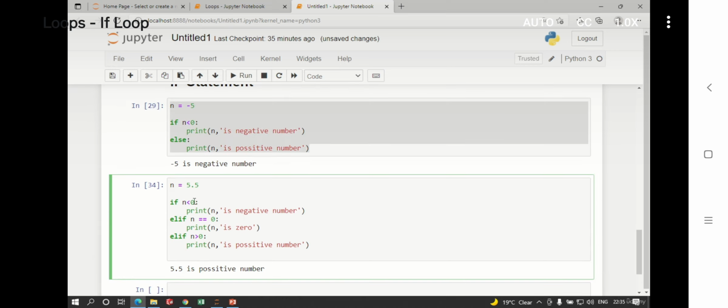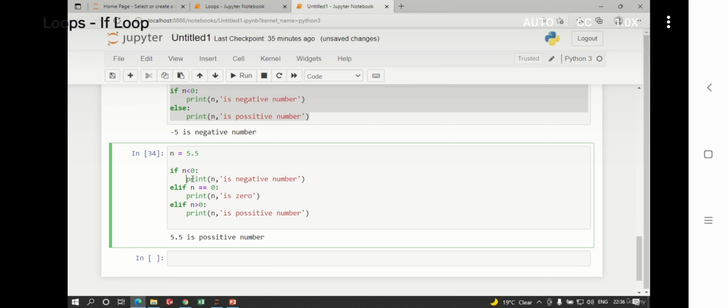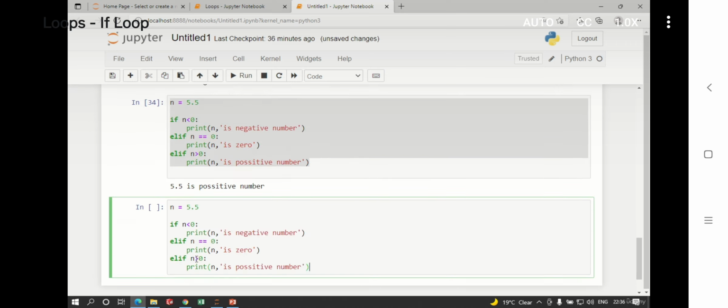So this is the use of if conditions. It is going to be helpful in our programs as well. We will see actual applications of such loops. You can try different conditions. Let's say some multiplication. If n is less than 0, you can add some mathematical expression as well. Let me copy, let us demonstrate something different.